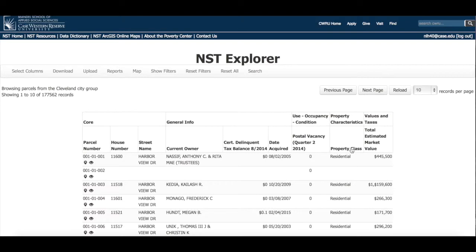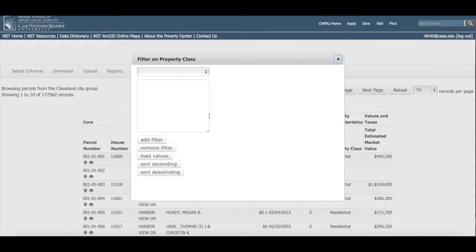So property class, that means that there's only certain ways that properties can be designated. There's only a dozen or so designations within the city of Cleveland for the way that properties are being used. So I'm going to go ahead and click this column heading. If you knew what the property class designation was that you were interested in, you could go ahead and type